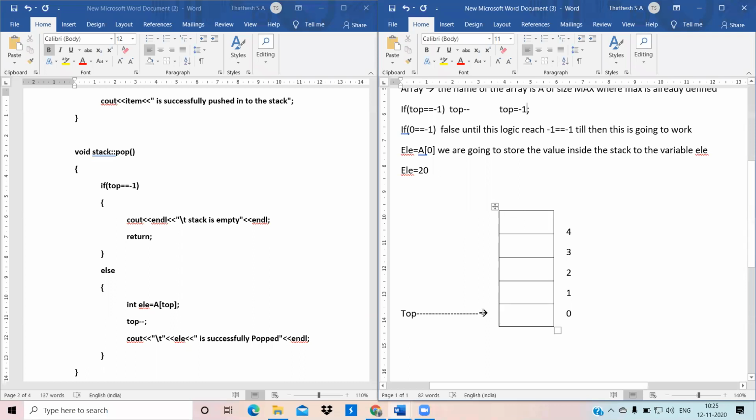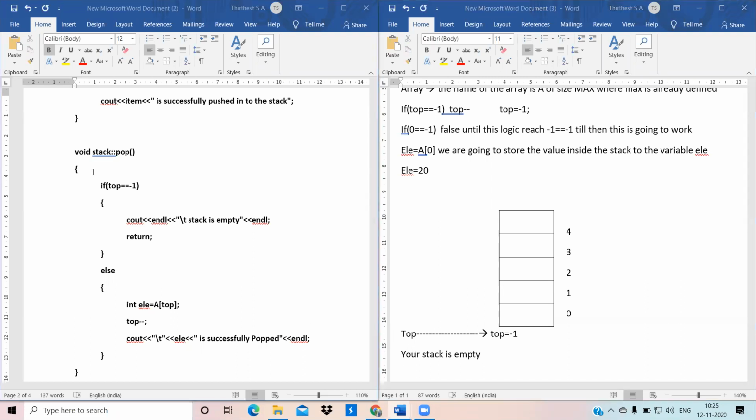So which means that again your top will be removed out from here. It will be in a -1 fashion, which means top is equals to -1. So which means it says that your stack is empty.